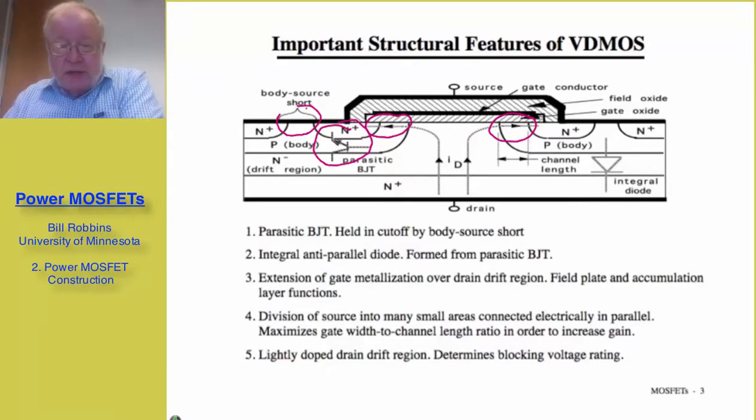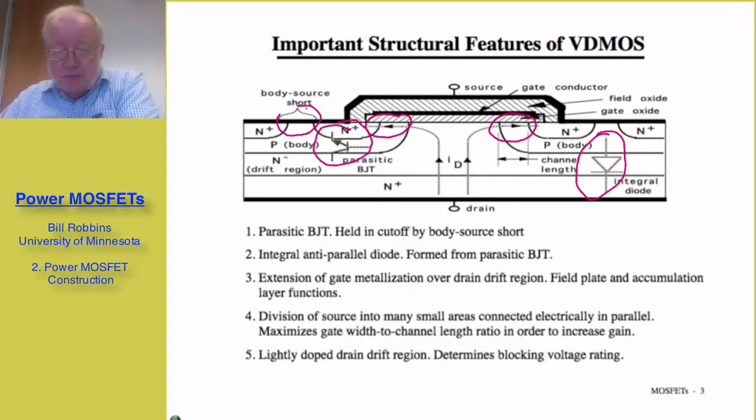As a consequence of the body to source short, we still have the collector base junction, and that means we now have an anti-parallel diode that comes along with each unit cell, and so correspondingly the overall MOSFET has an integral anti-parallel diode between the drain and the source. Some manufacturers control the properties of this integral parallel diode so that it can be used in converter circuits. However, most manufacturers do not give much data on the diode, the implication being they don't have it well controlled. And so in those MOSFETs,